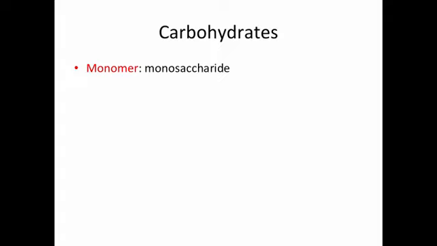So let's move on to our monomers and our polymers of carbohydrates. Monomers would be your monosaccharide, or one sugar. Saccharide is the big fancy word for carbohydrate. Examples are glucose and fructose. Now also, try and remember and pay close attention to the endings of words, because that's going to give you a hint of what type of organic molecule it is. All words that end in -ose are sugars, and therefore they're carbohydrates. So monosaccharides would include glucose and fructose,